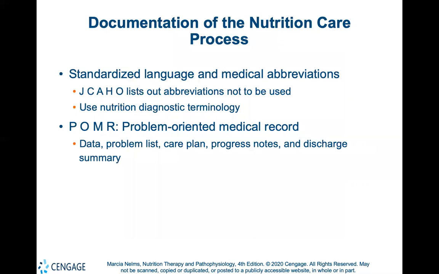Steps to ensure accuracy of the medical record include the use of standard language and medical abbreviations. Each healthcare facility designates a list of acceptable abbreviations. The Joint Commission recommends that certain abbreviations not be used because they are more likely to contribute to patient care